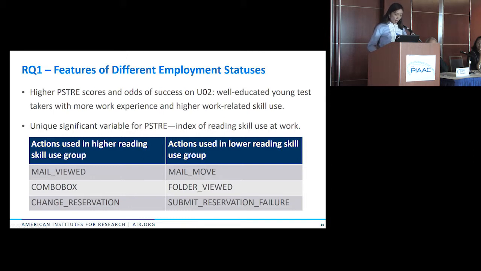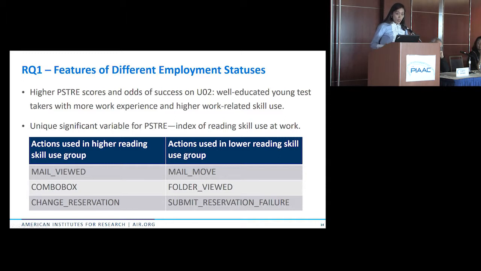And then when we look at the actions used in the higher versus lower reading skill group, we notice that those people in the higher reading skill use group tend to use actions demonstrating clear sub-goals, like mail viewed. So that is viewing the mail and trying to understand what is requested in the email. And combo box is like filling out, such as the start time, end time, and the location of the meeting room request. And change reservation is that they probably notice something wrong with an existing reservation, and then they try to correct it. On the other hand, the actions used in the lower reading skill group are kind of